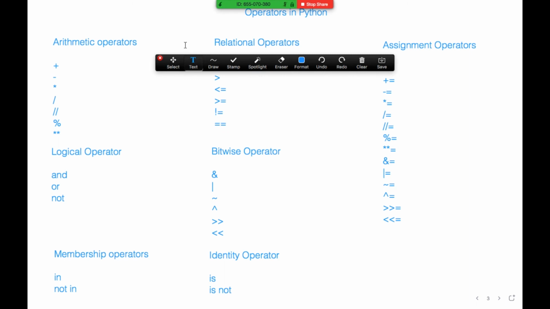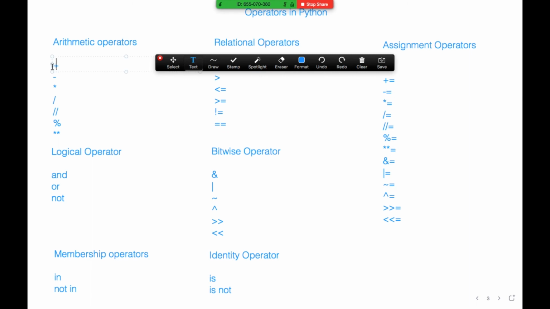Instead of that, we can do a plus equal to 10. Both statements are equal. So we can use a equal to a plus 10 or a plus equal to 10, both are equal. That is what this assignment operator is.